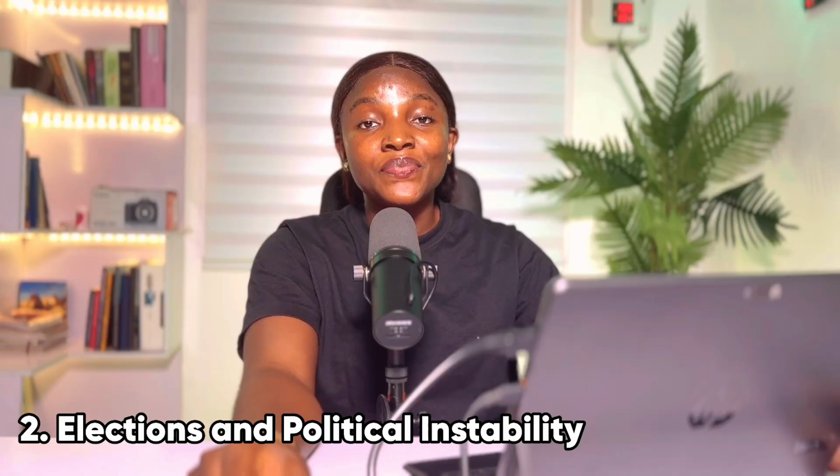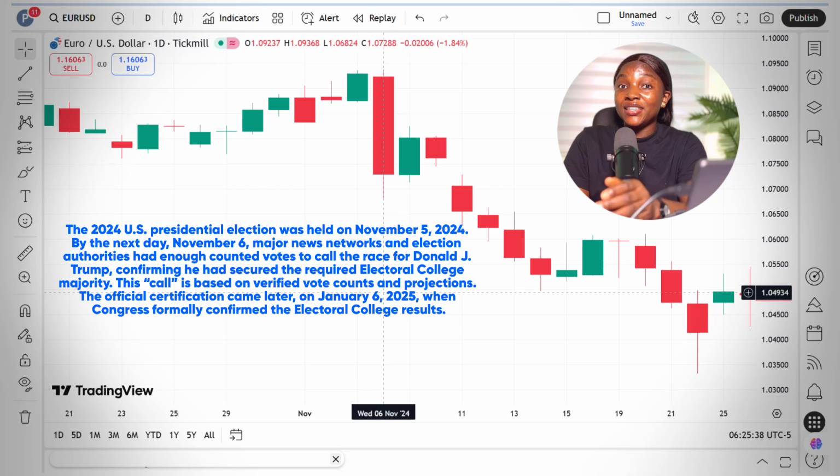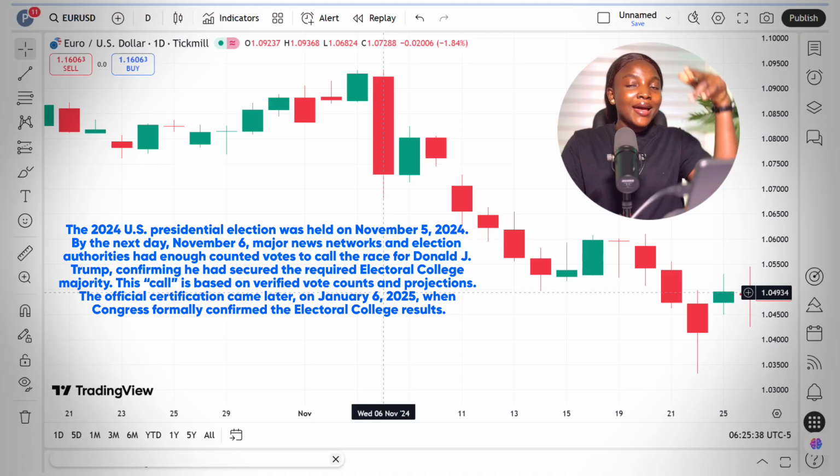Another geopolitical event that causes instability is elections. Elections cause uncertainty, and as you know, investors do not like uncertainty. So if the outcome of an election is unpredictable, investors usually pull out their investments from that particular country until the election result is called. And if they believe that the election result is favorable to the economy, like it's good for the economy, then you might see an increase.